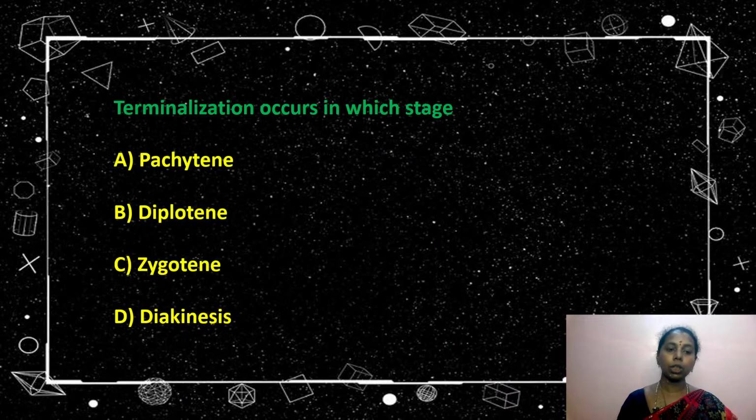So terminalization happens after the dissolving of the chiasmata, which happens in diakinesis. Yes, many of you have answered very correctly. It is option D. Yes, Jeevan, Kalpana, Vaishnavi, Sanjay and Sivishi, as Arvind Shah and Vishnu Shri answered for the